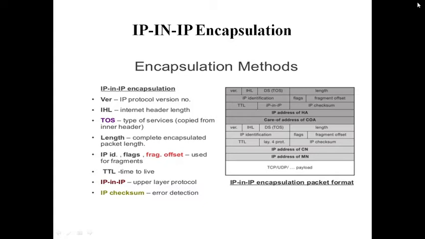Okay, and the next field here is denoted with IP in IP, which is the type of the protocol used in the IP payload, nothing but IP in IP encapsulation. This field is also set to 4 as it is using IP version 4, and the protocol type of IPv4 is again an IPv4 packet. So that is the reason the field is set to 4. And an IPv4 packet always follows after this outer header.